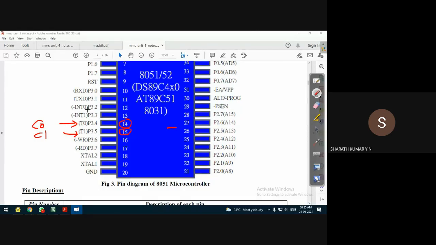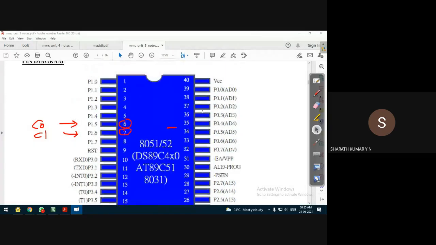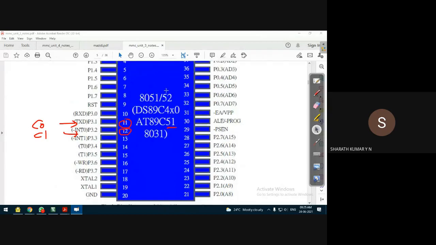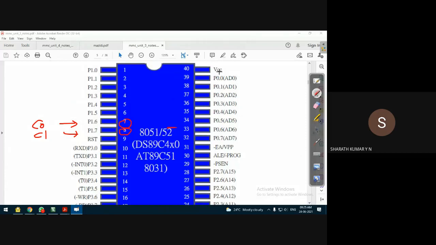All these physical pins, that is port pins, are by default input pins. When the microcontroller is run, all the pins are set to 1. In the special function registers, these pins are represented by locations, for example port 0, port 1. All these locations are set to 1 initially, which means all these ports are configured as input ports. If you want to use it as an output port, we have to reset it to 0.